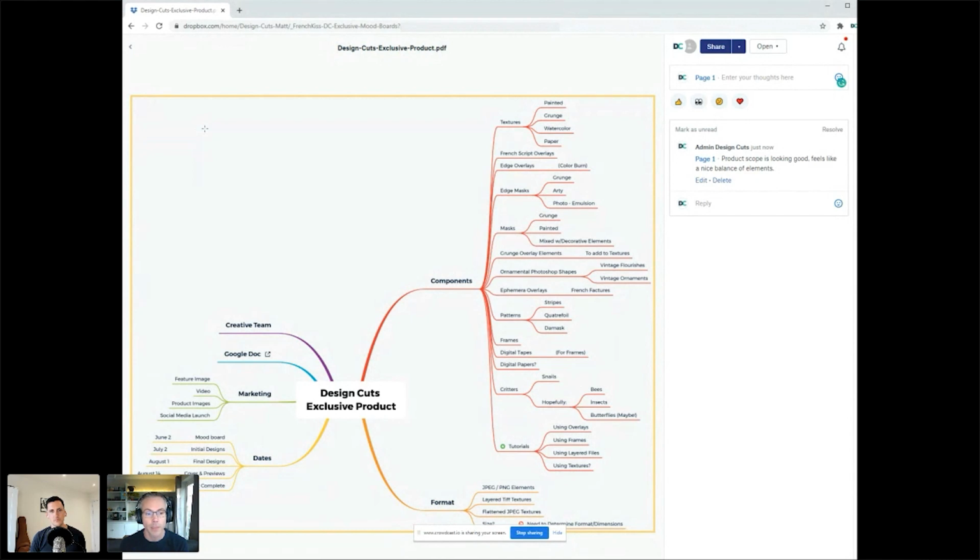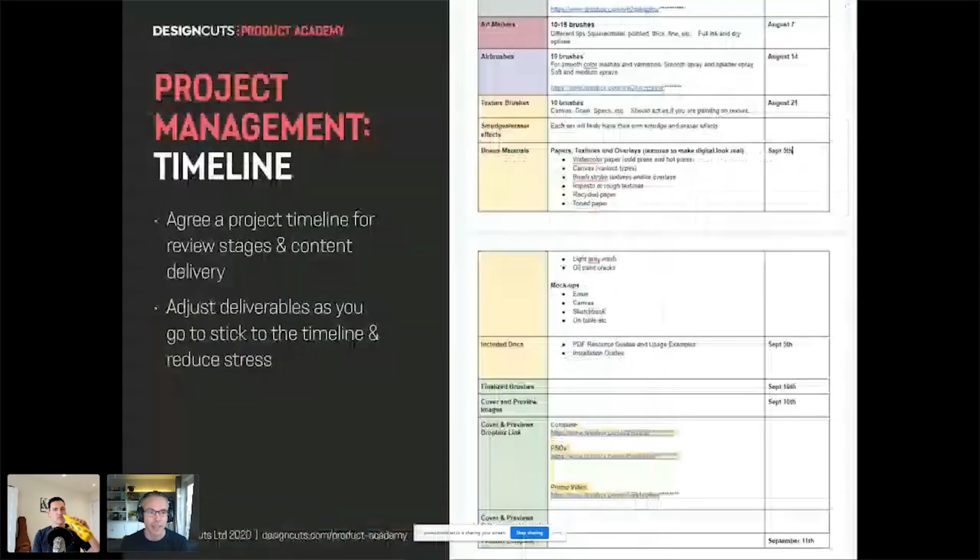So another way of looking at your scope, with visuals, since we're designers, might be looking at it this way. Look at it in a tree diagram, and it's possible to see instantly the scope of the product. So you might think all of this is pretty daunting. Oh my goodness gracious me, I've got a lot of work to do. It's perfectly natural to think that when you're putting a product together. So make it easy for yourself.